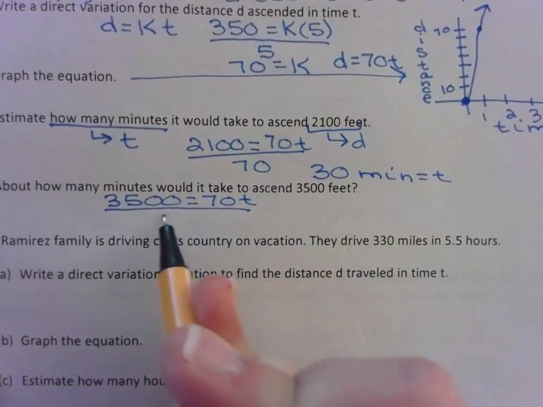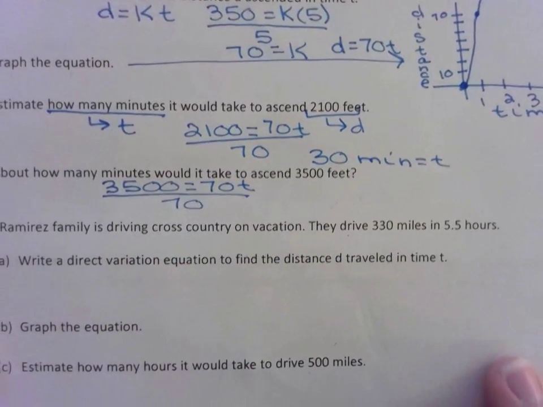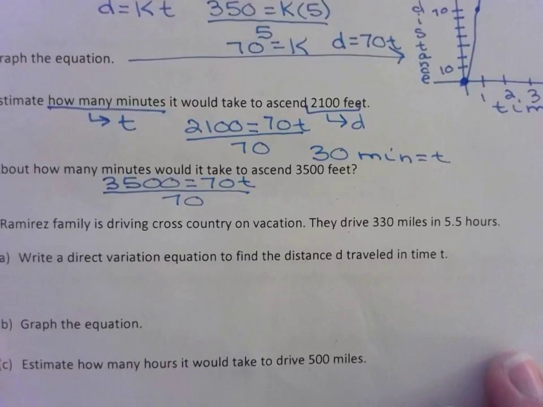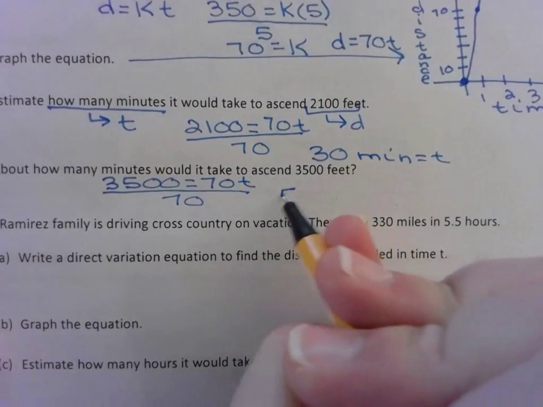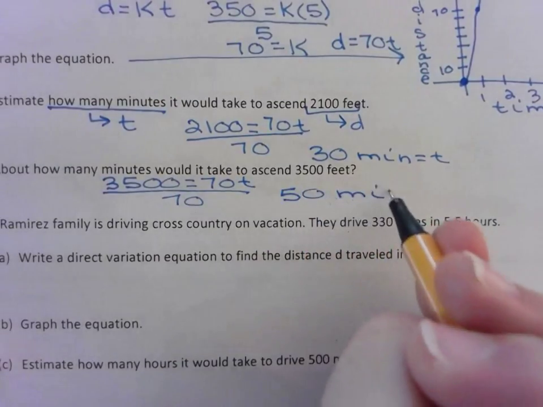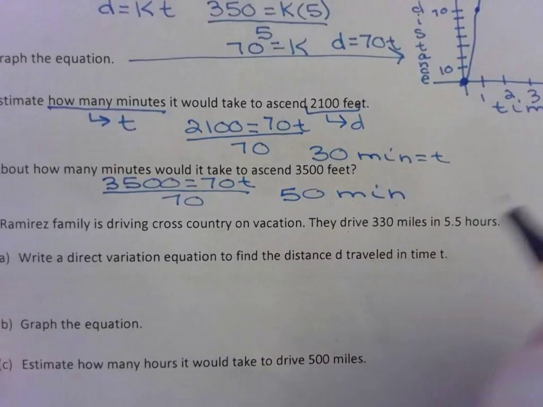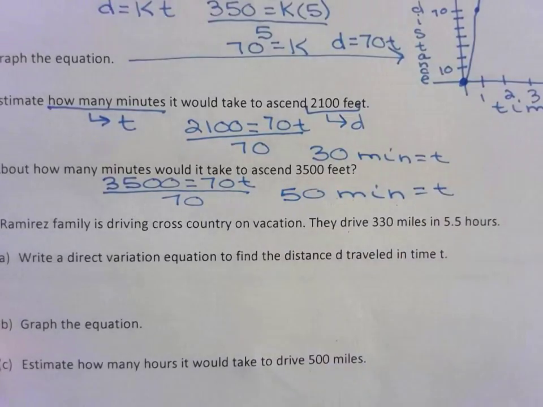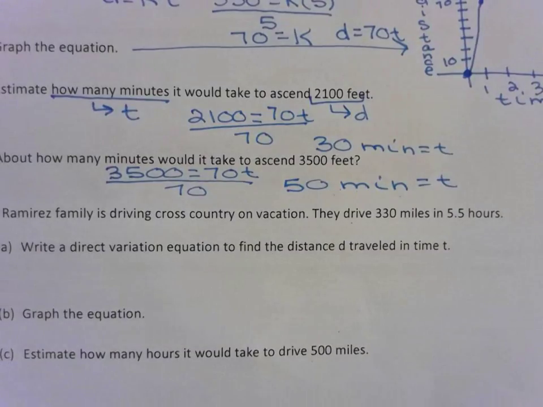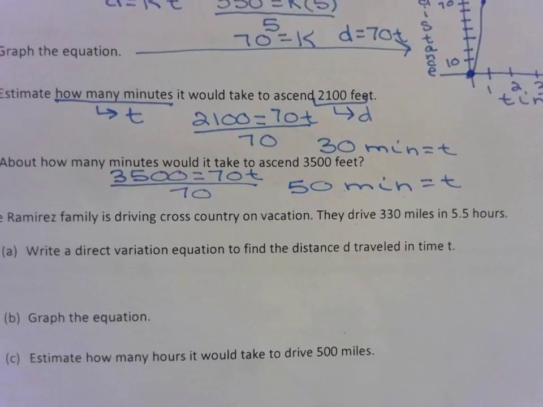Divide by 70. Yes. 3,500 divided by 70, 50 minutes. Why does that make sense? How long did it take to raise 2,100 feet? 30 minutes. So it's only 20 more. So 3,500 is going to be more than the 30. Okay,